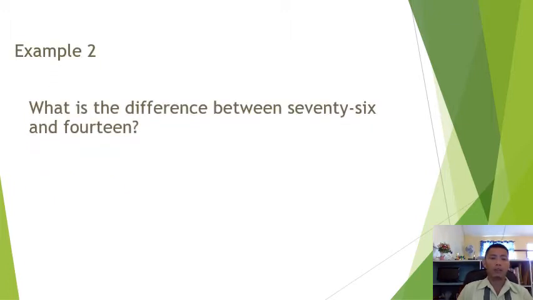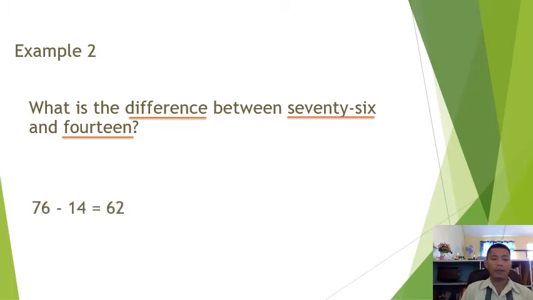What is the difference between 76 and 14? The underlined word is difference. So the operation we're going to use is subtraction. And the numbers are 76 and 14. So we will write 76 minus 14 is 62. Okay, is that clear? Next,